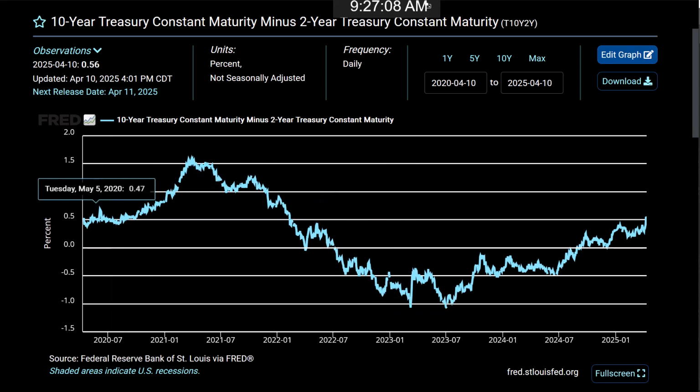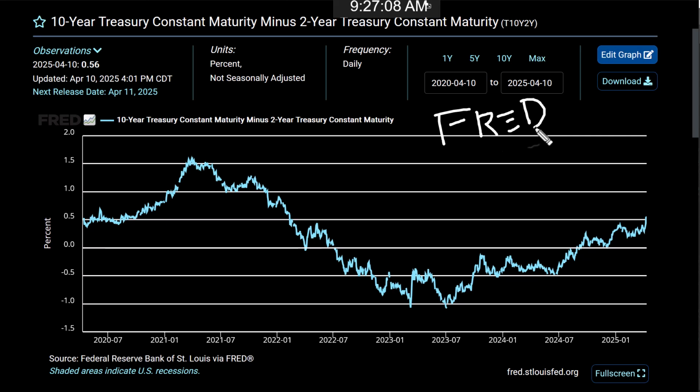So this is data from the St. Louis Federal Reserve. It's called FRED data. And you can go pull this up. In fact, if you go to Google and type in 2-year, 10-year inversion chart, FRED, F-R-E-D, it'll bring you this chart right here. Okay? This is how we start to separate between really, frankly, amateur analysts who want to grab data like this and make it a narrative. It's not. And this is how you know now the timing.